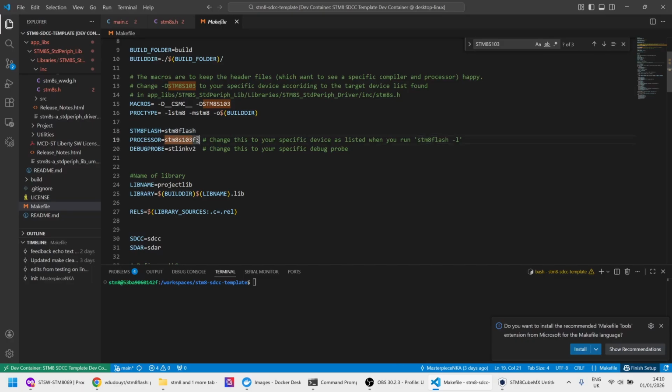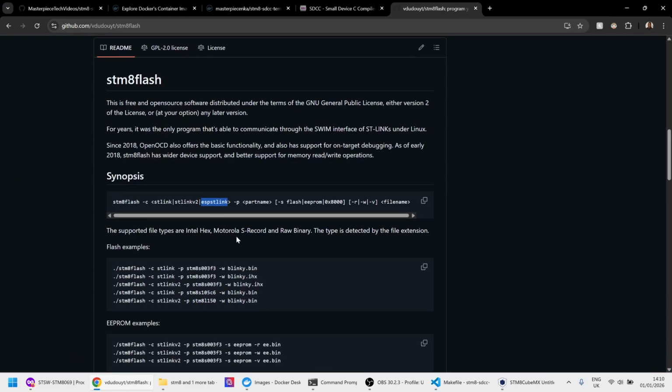And to do that, you're going to specify your microcontroller as well as the ST-Link that you're going to use. The supported ones that we looked at were these three. So you'll have to, depending on what you have, choose either the version 1, version 2, or ESP ST-Link,